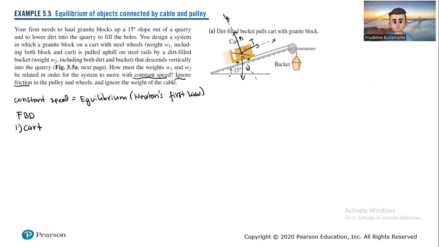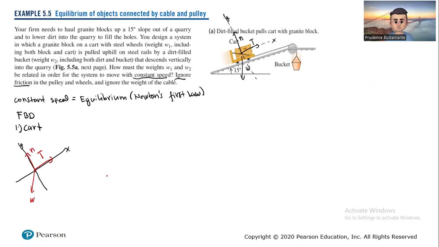So we have T. Okay. So we can see that for the free body diagram, if we're going to draw the free body diagram like this, this is our x, this is our y, and so we have our tension. So this is our tension T. We have our normal, and we have our weight here.